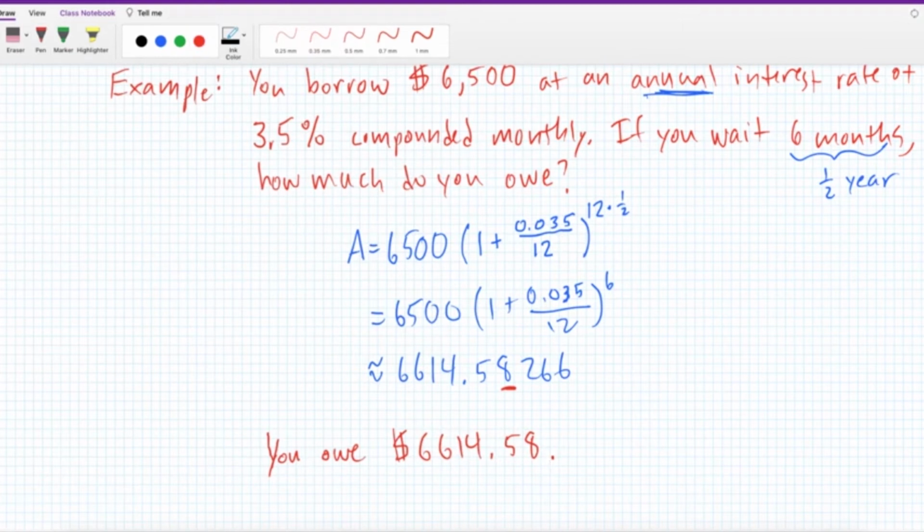Okay, so if you were to ask instead of how much do you owe in total, how much interest did you accrue during that time, you would just subtract $6,500 from that $6,614.58. And so you would end up saying that the amount of interest that you owe in addition to the amount you borrowed is